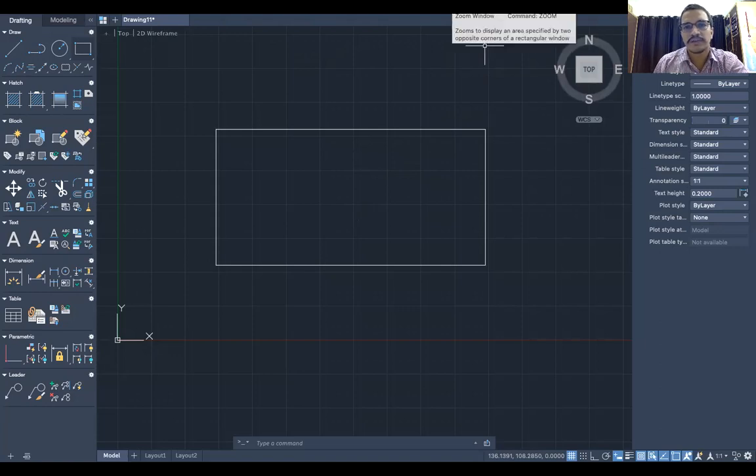One is zoom, another is pan, and the third is 3D orbit. When we are dealing with a 3D solid object, in order to see the drawing from a different angle, we can use this tool. I will show you this tool as well.